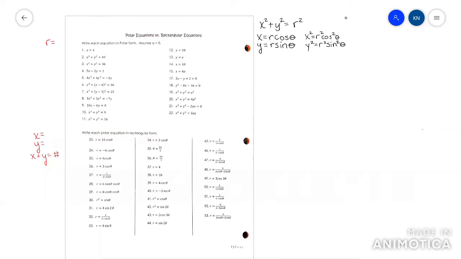What if we came across one like number 42? No, let's do 44. If I approach problem number 44, I would see r equals sine 2 theta. Okay, well, now we have a 2 right here, and this is a problem for us. So you have to